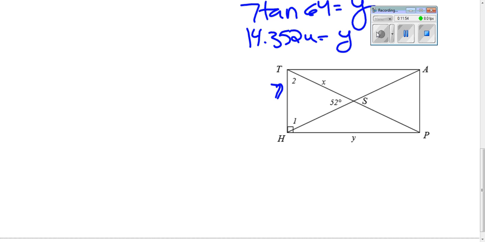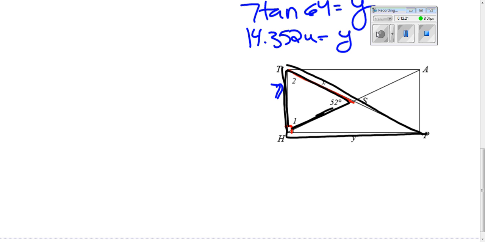All right, let's take a look at the next one. Same information, but we're finding x. x is the length TS, which is half of my diagonal. Now, here is my right angle right here. So guys, I need to use that entire triangle, just like we did before. But the problem is x is only half of the diagonal. So I have to keep that in mind. The best method here, because I can't use a smaller isosceles triangle since it's not a right triangle,